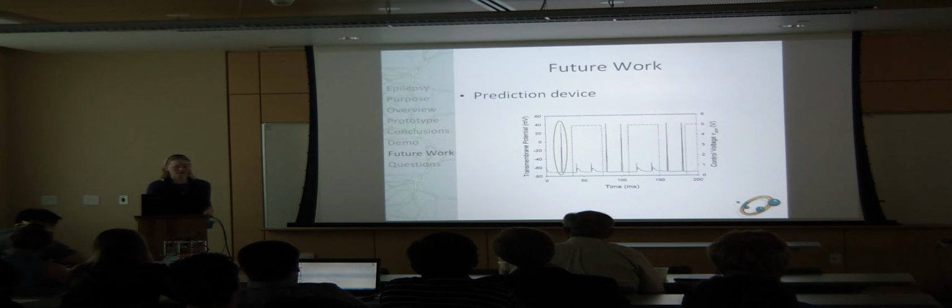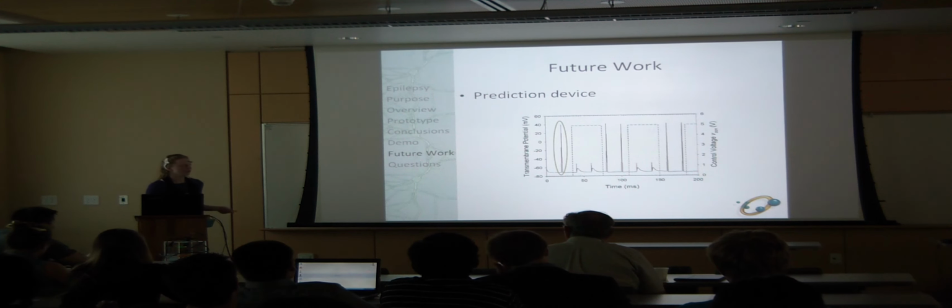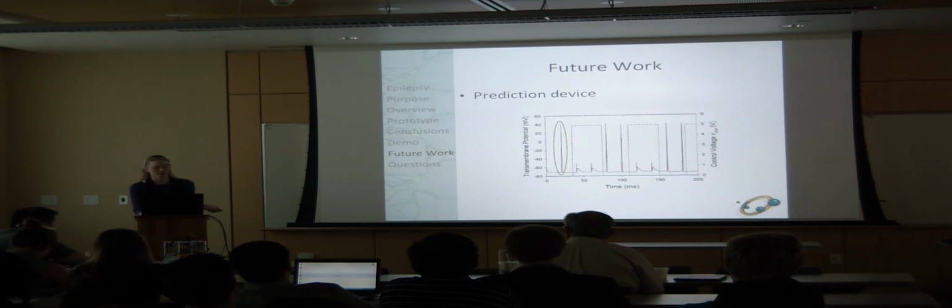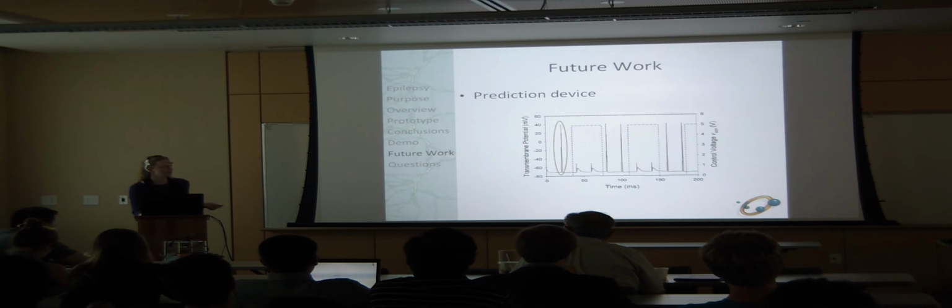I'm out of time, but with the prediction device, you can actually control action potential. So here is an action potential, and if you're able to predict when an abnormal action potential is going to occur, you can use some sort of circuit to prevent this peak from occurring. So if this is your control circuit, then you can see that these peaks aren't